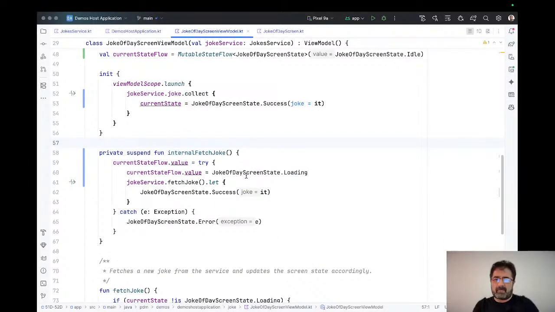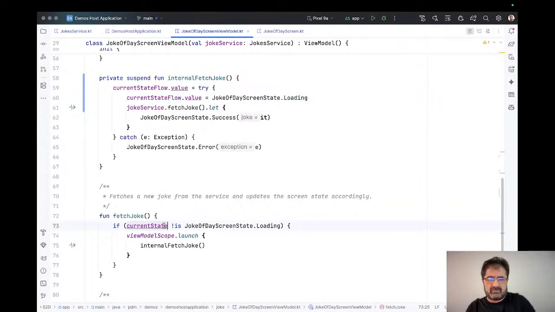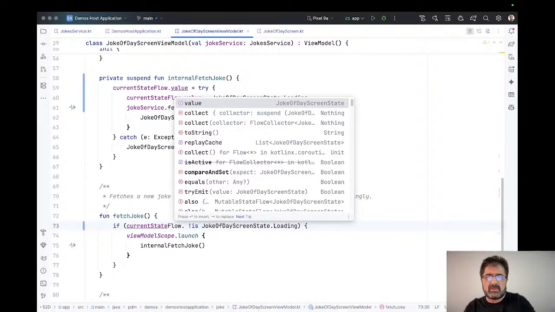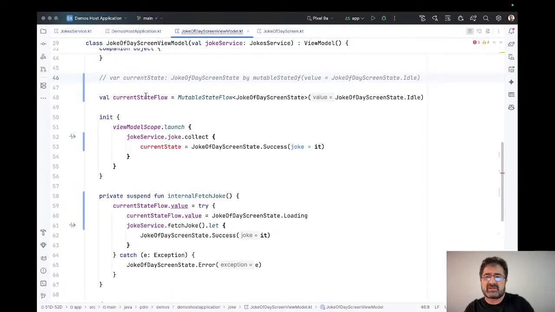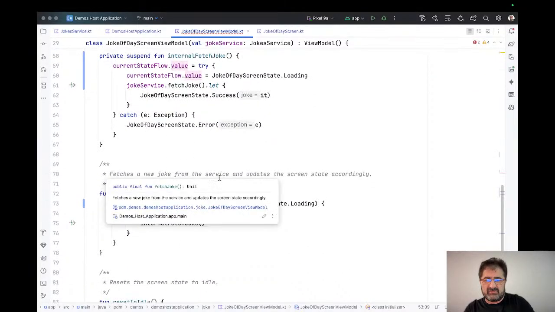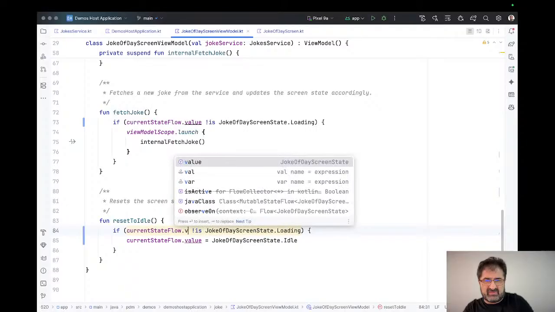So I put it here, current state flow. This is simpler to just comment this out. I will leave it here for now so you can look at the differences, okay? But later on, I will remove it. Value, value, value, and this is it. Dot value is,